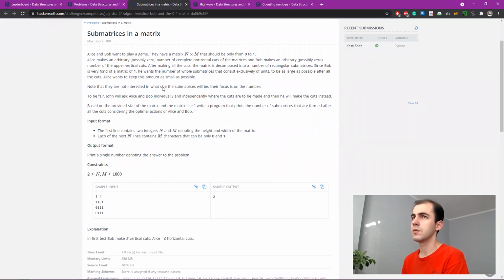You're not interested in what size the submatrices will be, only in the number, okay. To be fair, John will ask Alice and Bob individually and independently where the cuts are to be made, and then he will make the cuts instead. Wow. Based on the provided size of the matrix and the matrix itself, write a program that prints the number of submatrices of ones that are formed after the cuts, considering the optimal actions of Alice and Bob.